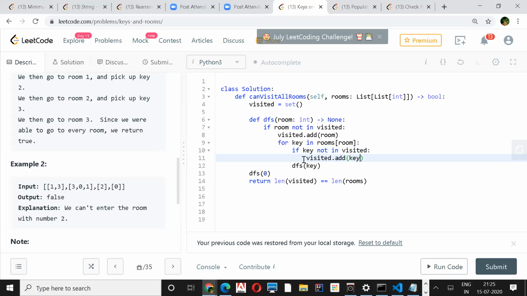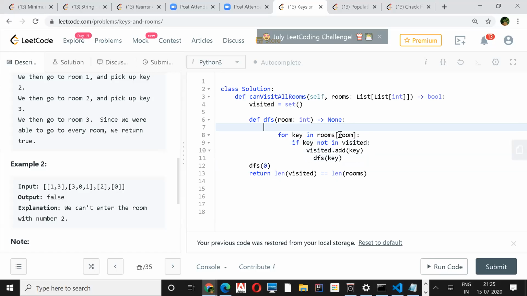And then call DFS, and remove the check on the top that if room is visited. Completely remove this. And in the beginning you add visited.add(0), when you're making the DFS(0) call. They look very similar, right? Because you are doing the same thing anyway. No, but you're not adding an extra recursion. That's the point. You are saving only one friend. Correct?